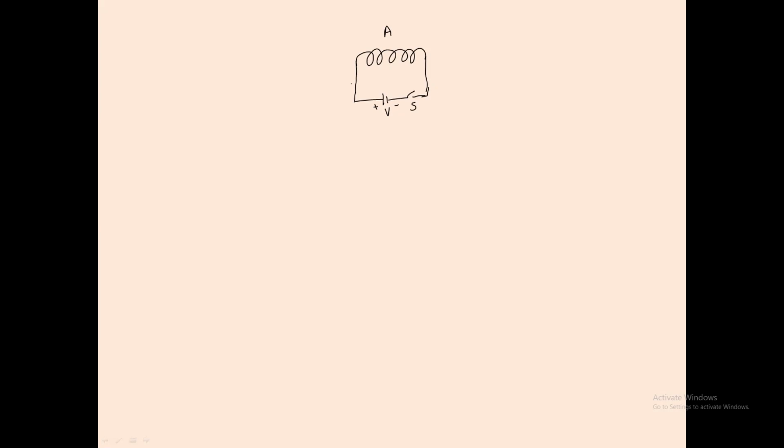Now depending upon the opening and closing of the switch, the current is definitely varying, and this varying current will create a magnetic field in the solenoid coil. Is it right? Now suppose the number of turns of coil A is NA, and the current flowing through coil A is IA. Because of that, a change in magnetic field is produced.